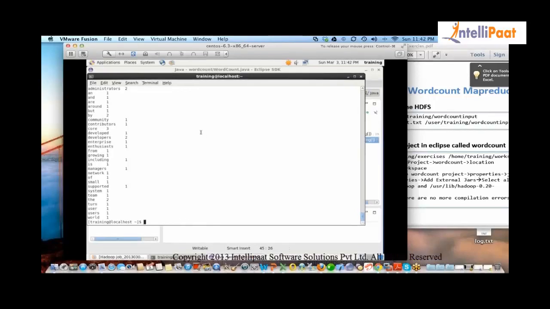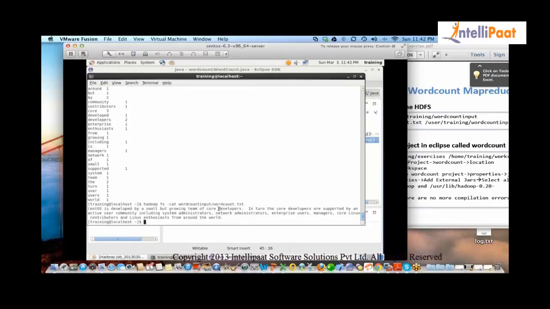Let's validate this, okay? If you see, developers is 2 times. So you can simply go and see, get wordcount input slash wordcount.txt. So this CentOS is developed by core developers.